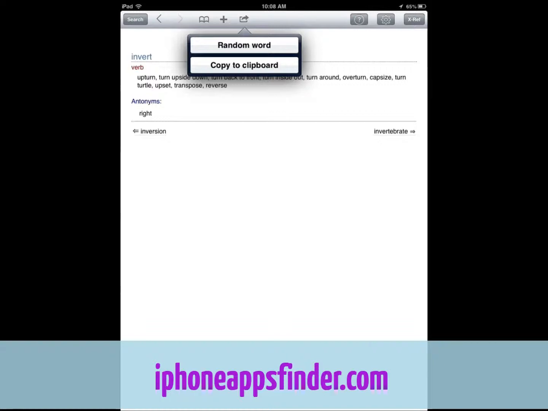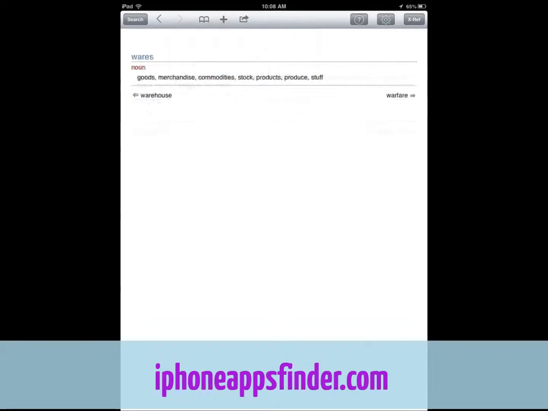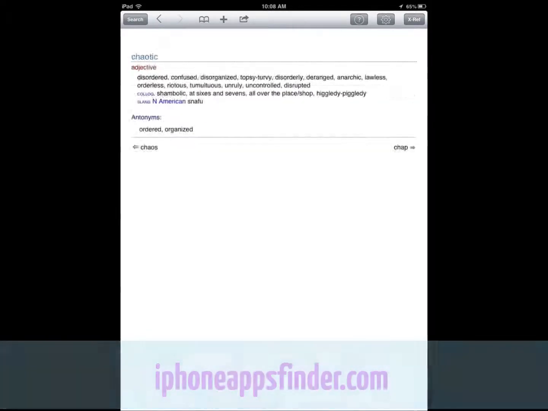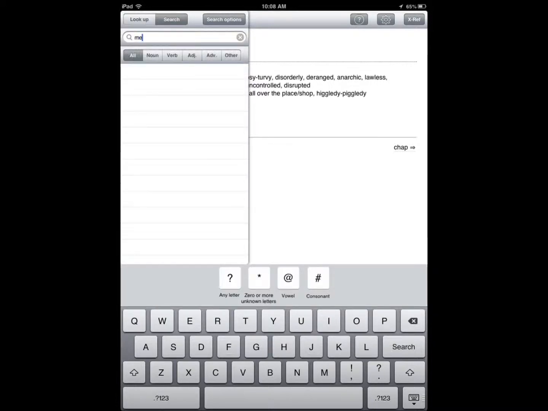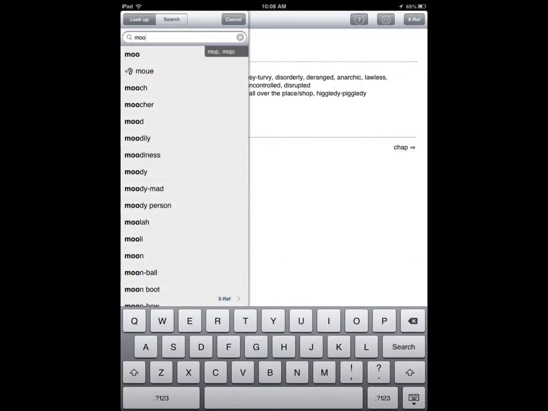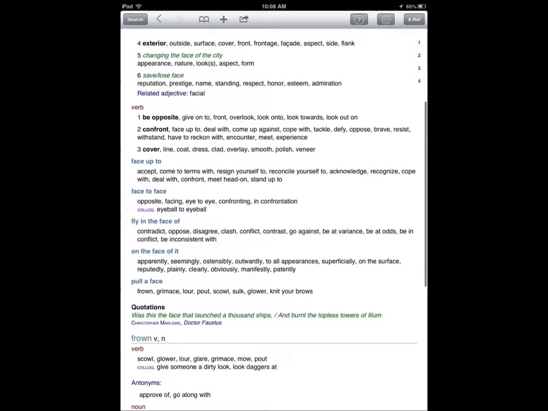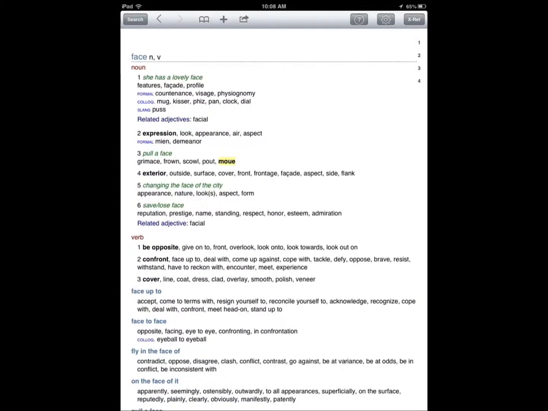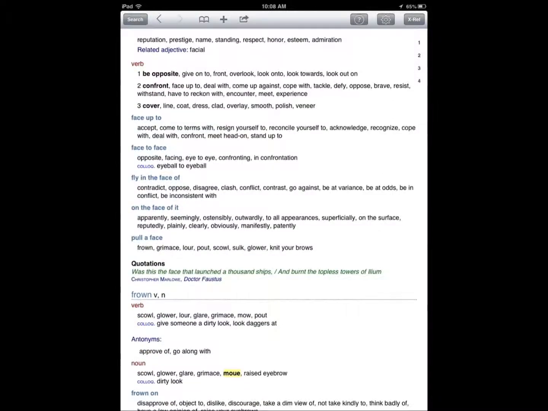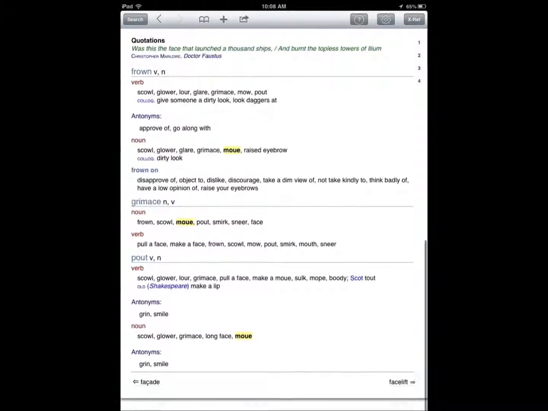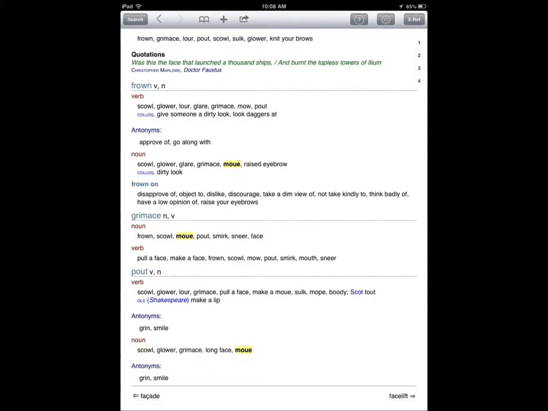As far as searching, as far as copying goes, random words, you can go and discover new words like that. Searching, again, very simple, as I mentioned. You can go and see all these words, and if I type something else, let's go with... all the usage information, how to use that word. As you can see, related adjectives. You get quotations. I mean, you get a lot of good information,